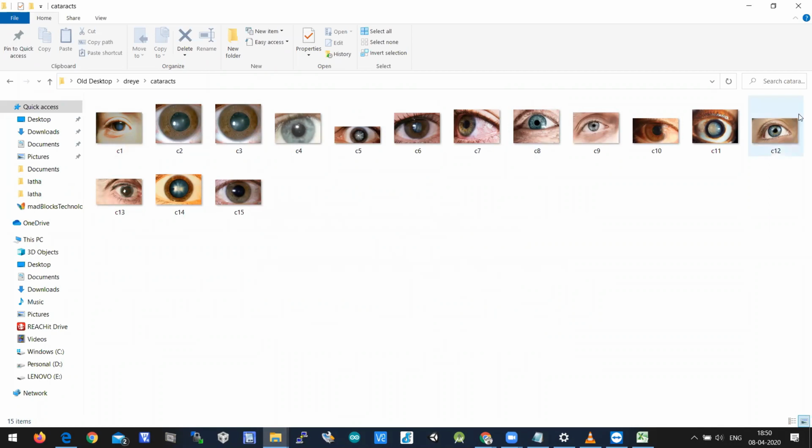So there are some sets of images. All the images in a set are related to one particular disease. The images are different; we are not copy-pasting the images here. These are different eye images suffering from a disease called cataracts. We can download all these images from Google, or collect data from various websites related to eye diseases. You can create any kind of classifier, but for you to understand, I'm taking an eye disease classifier as an example.